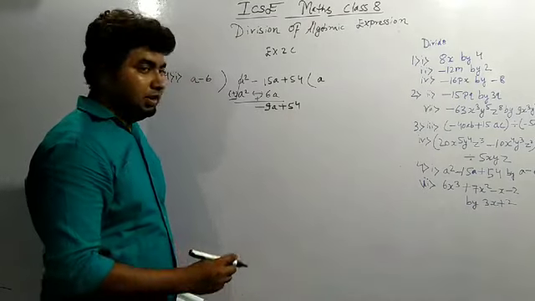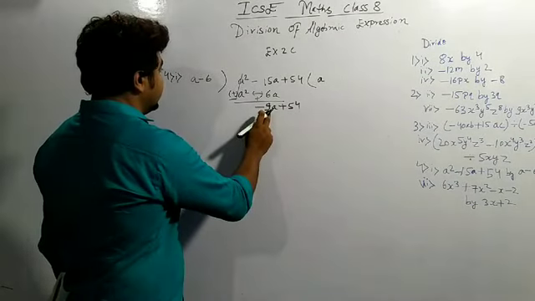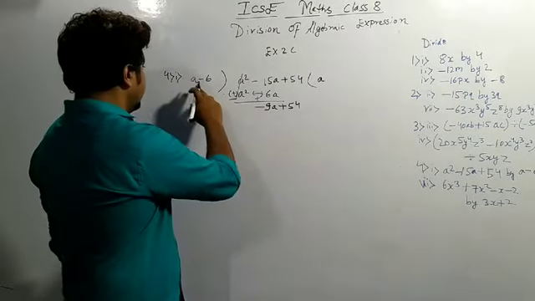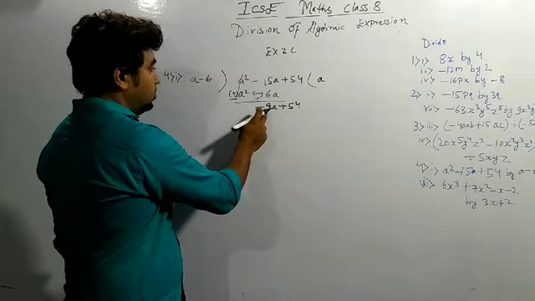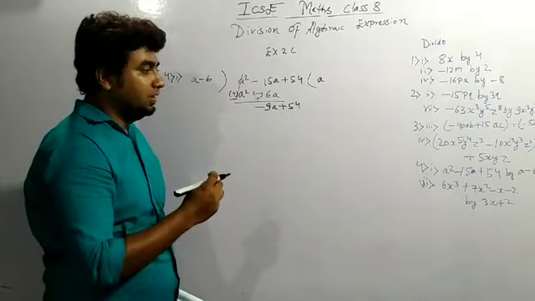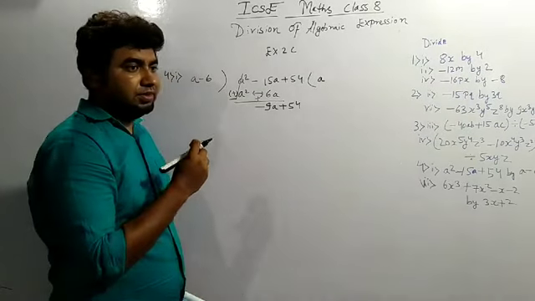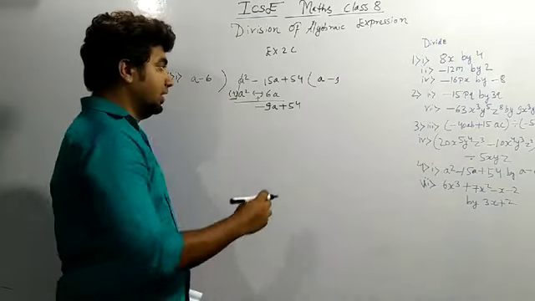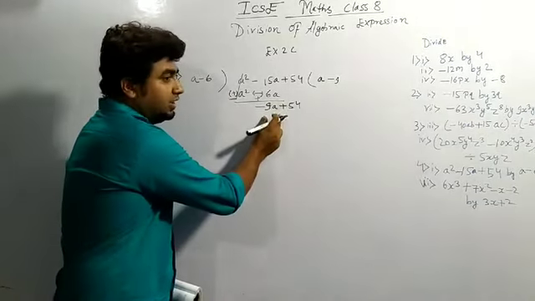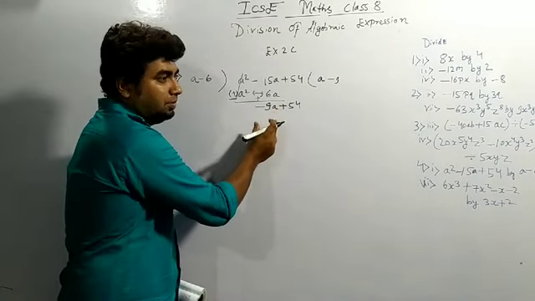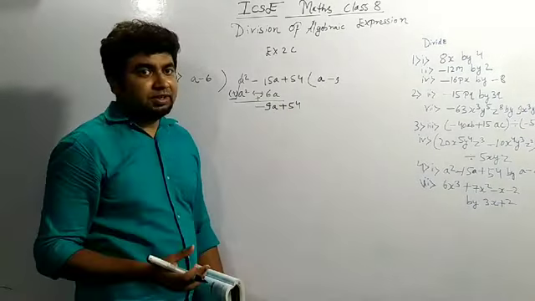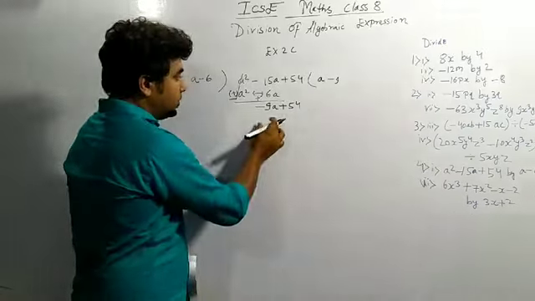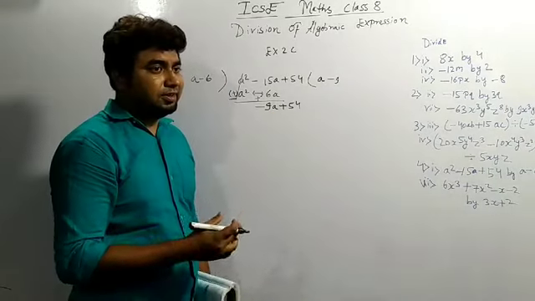Again, now we have to make minus 9a. What is given to us? a. How can we make it minus 9a? Because a is given, we have to multiply it with 9. But here it is also minus 9, minus is also given. So we will multiply with minus 9, and it will become exactly equal to minus 9a. The only requirement is that this term gets cancelled. If this term is also getting cancelled, that is also our benefit. But the term which I wanted to cancel is this term.